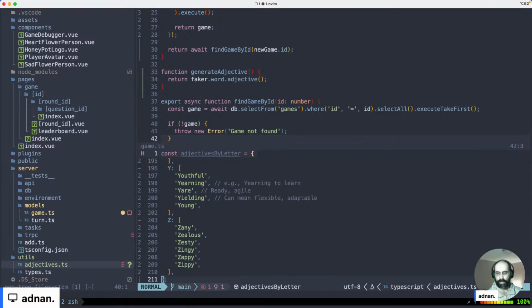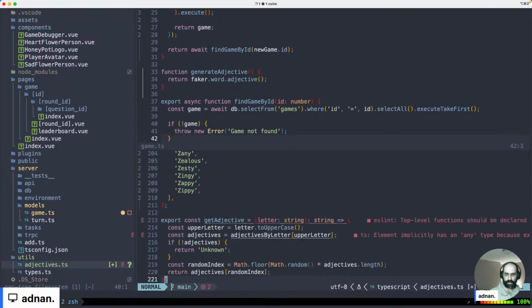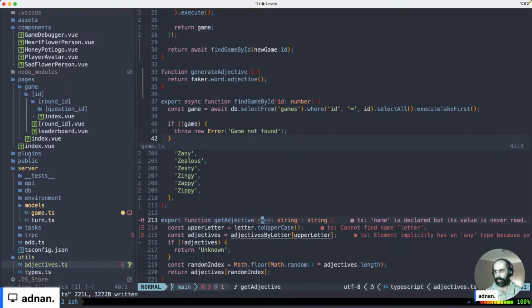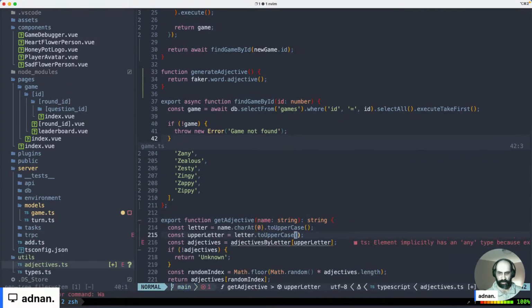So I got that, and I can say, okay, it's giving me a function. So based on the letter, I actually want name here, so whomever is passing this in doesn't have to worry about giving me a letter. So const letter is equal to that uppercase, perfect. Upper letter, adjectives by letter, doesn't like it,